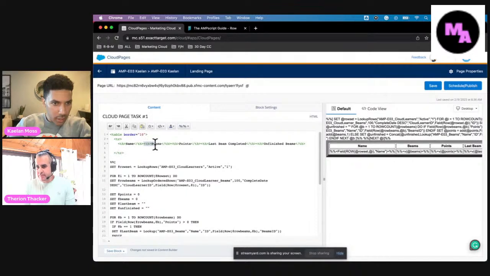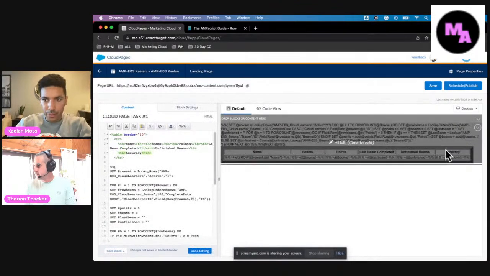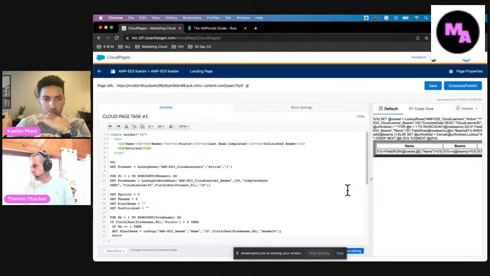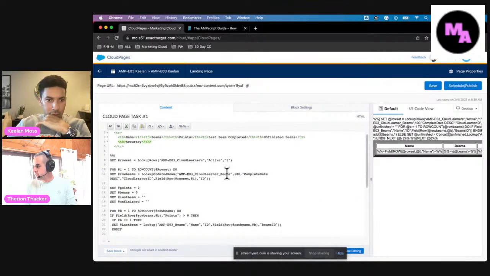It's mad. What if I copy that? Okay. It just didn't like that TH. Accuracy, that's a column header with percent. And then we have,